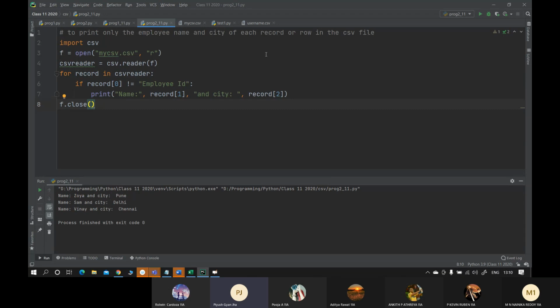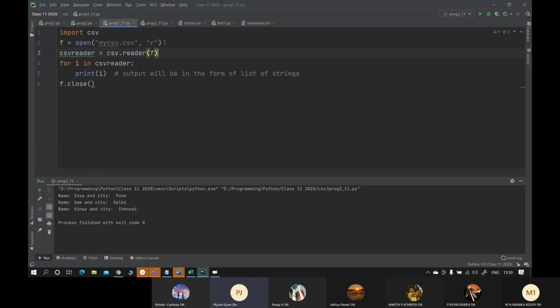Now tell me, have you understood how to read from a CSV file? The basic concept is this: open the file normally, make a copy of that normally opened file into a CSV version and store it at a different location.